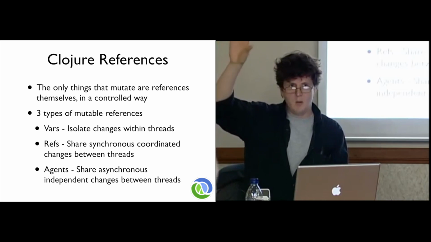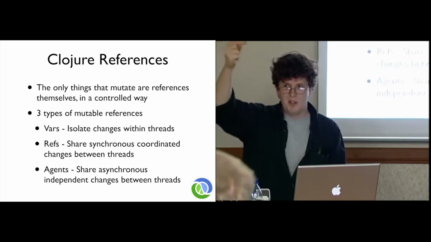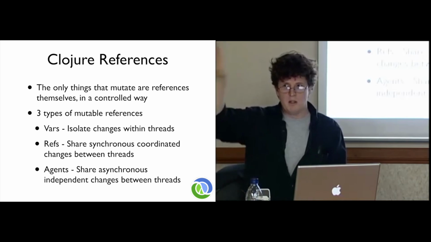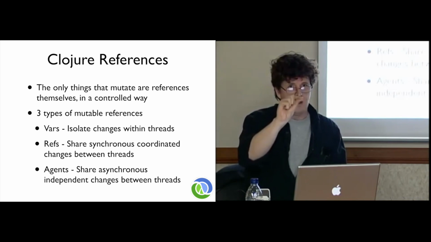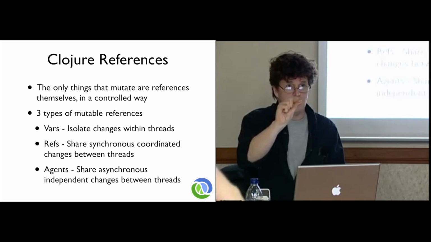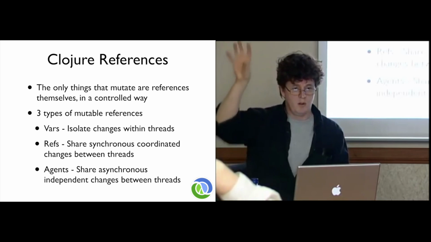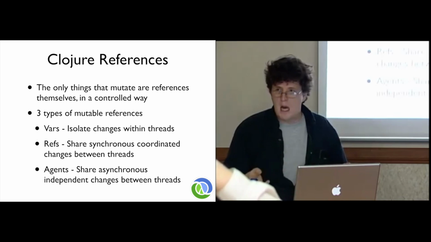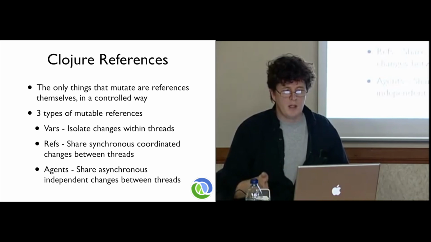If you have an easy way to turn one data structure into a changed version of itself, you don't really need data structures where you can twiddle the bits, right? Because you can make those incremental changes cheaply. So all you ever need is a reference that you can change, and you just refer to changed versions. So there are 3 types of these references in Clojure. There are things called vars,